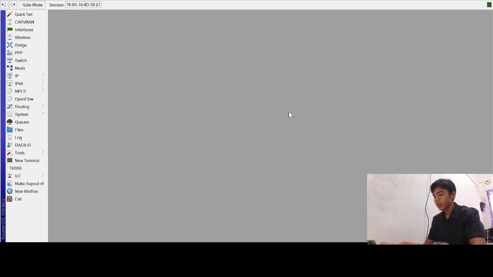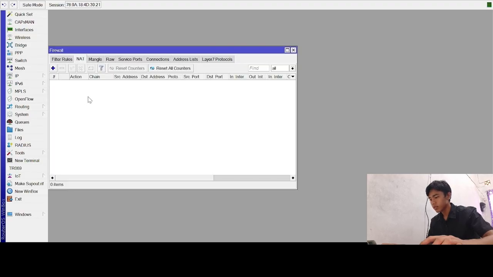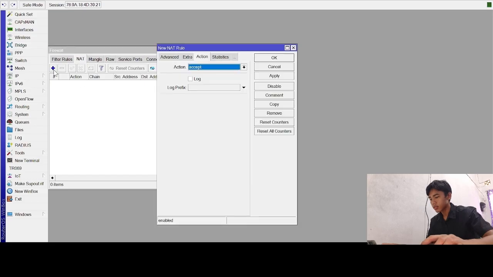Okay. At this point, the clients still cannot access the internet. To enable internet access, I will configure NAT. Go to the IP menu, select firewall, then open the NAT tab, and click add.